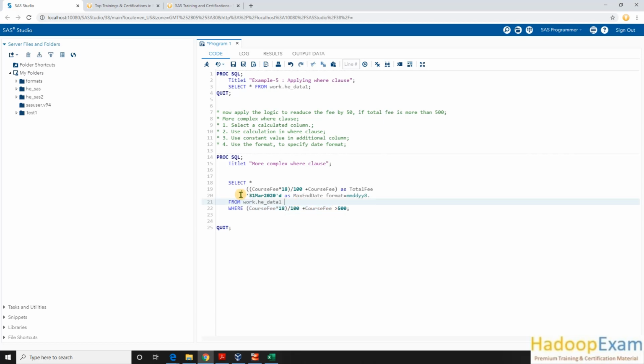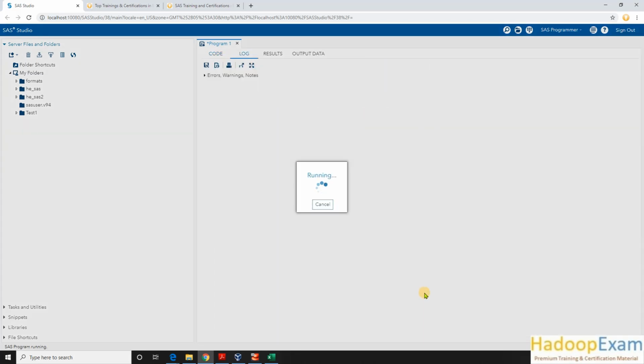We'll not do this stuff right now, to understand the stuff slowly. An empty line does not harm, but you cannot keep this comma over here. You just end your statement like this, you run this, and see the output.